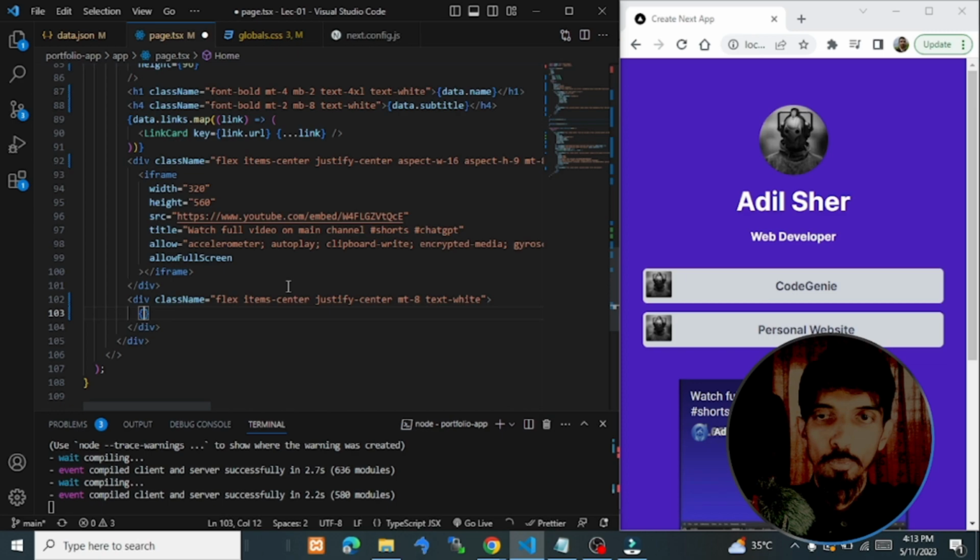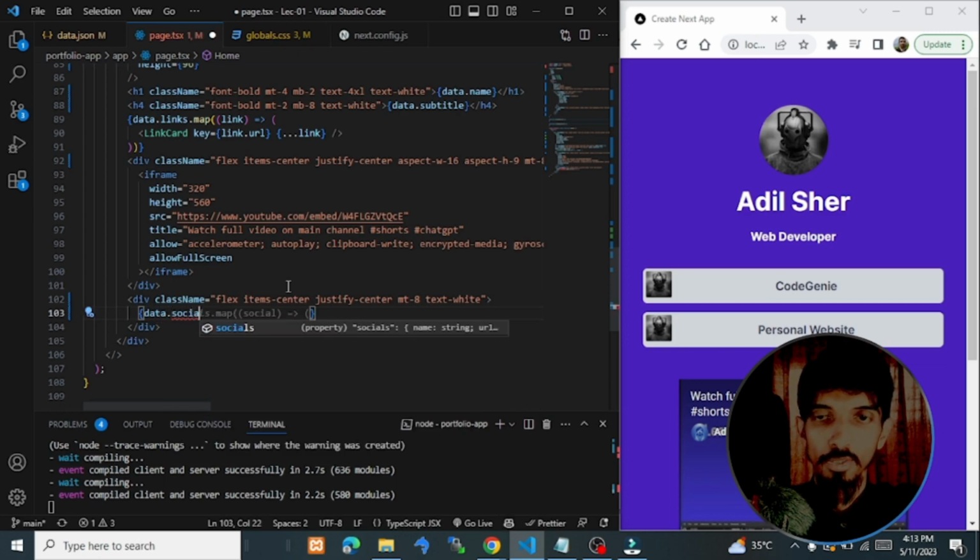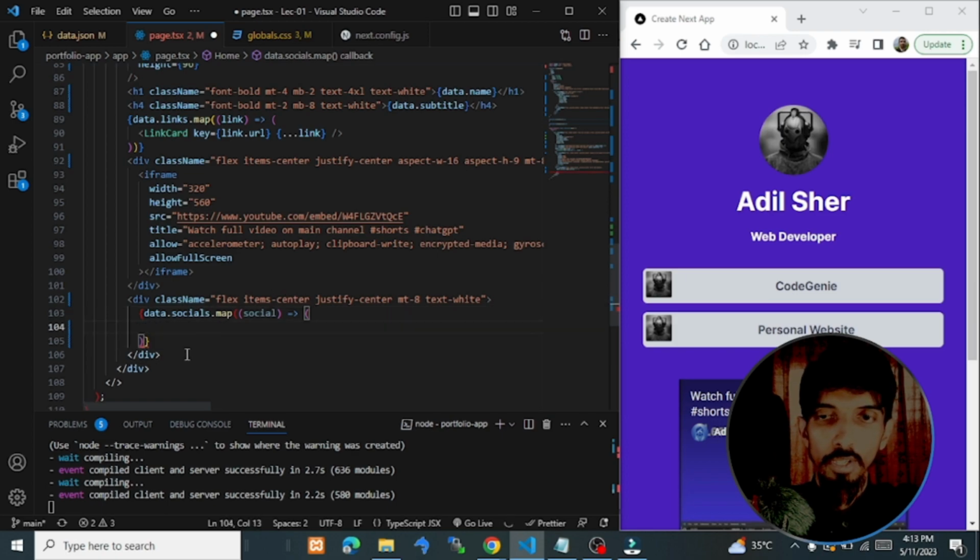We'll again map the links, the socials array, and also we'll put each link right here. We have two links, one for GitHub, one for the LinkedIn. So the way we are going to define them over here,